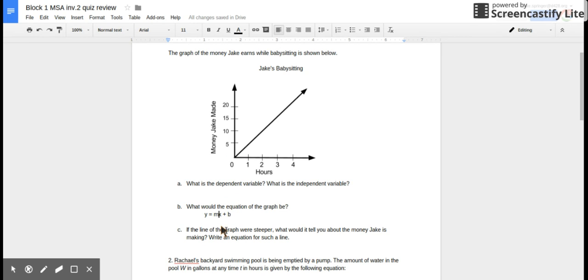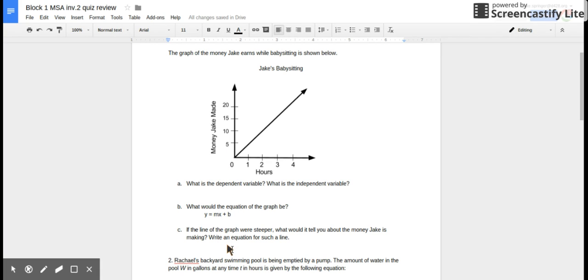If the line of the graph were steeper, what would it tell you about the money Jake is making? So we have our line right here. If we had a line that was going up and down or something steeper, something along these ideas, what that tells us is right now Jake's making $5 per hour. So if we had another line that was steeper than that, we would see that he is making more per